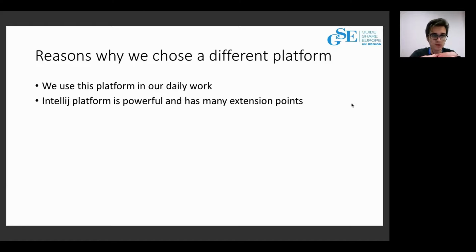We need to use SDSF to see how jobs are running. And we decided to write our own plugin for IntelliJ IDEA and make it open source and available for everyone. Why did we decide to do it when we have alternatives?